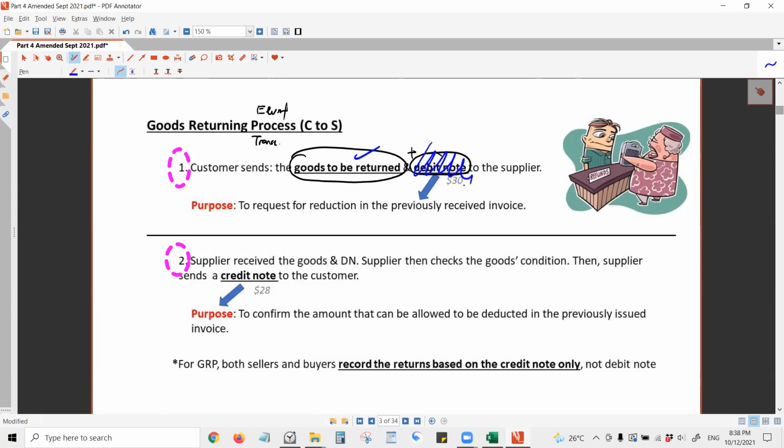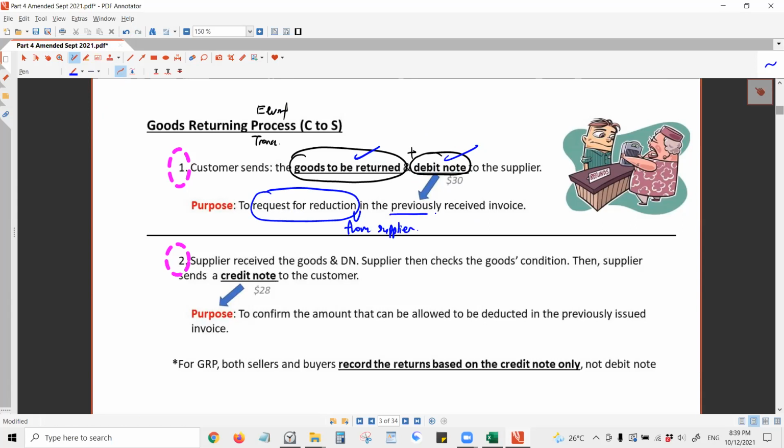If there's no debit note here, the supplier would assume that the customers would like to return the goods voluntarily without asking for a refund. Let me repeat here. If there's no debit note here, the supplier can actually assume that the customer is returning the goods voluntarily without asking for a refund. So therefore, customers have to send a debit note to request for reduction from supplier. You may write here: request for reduction from supplier